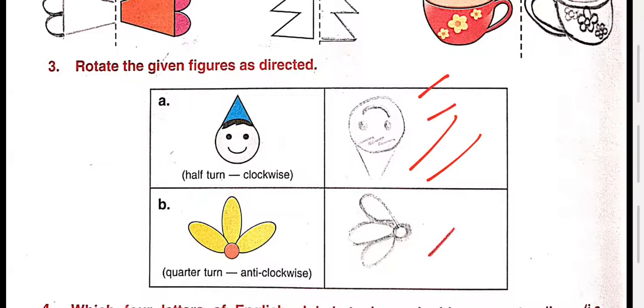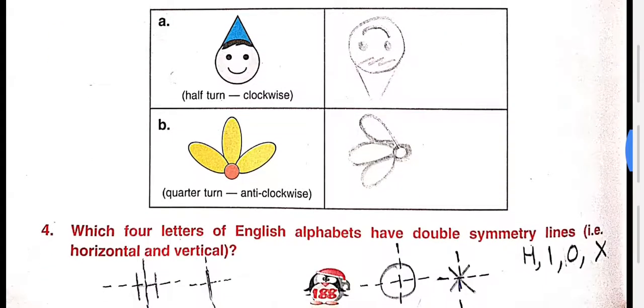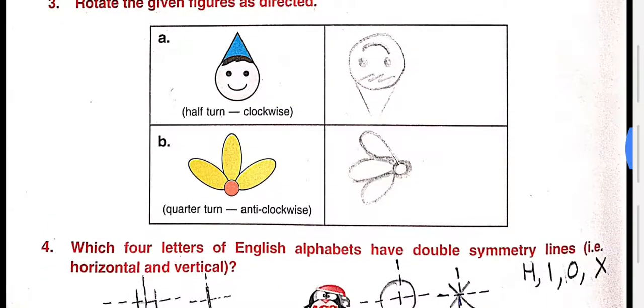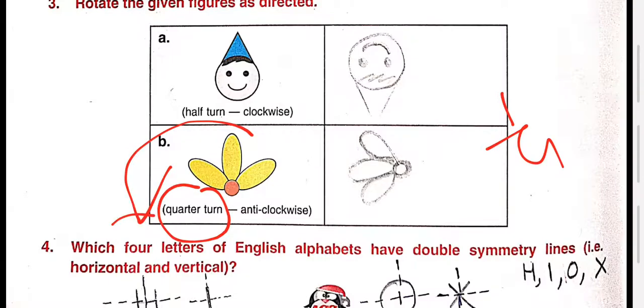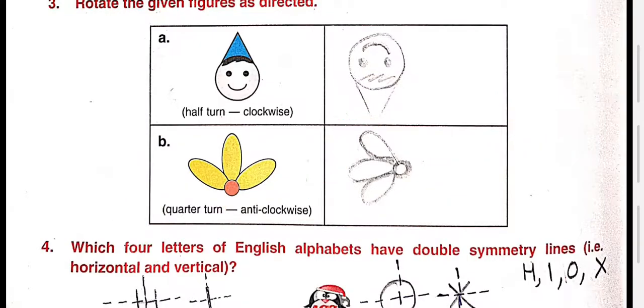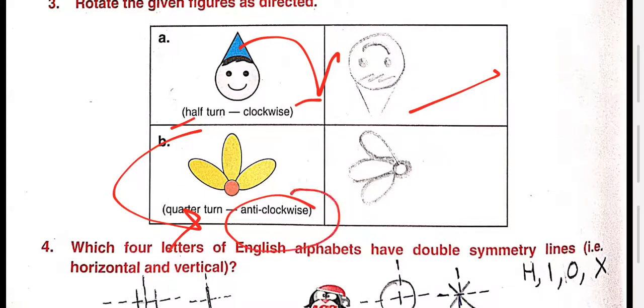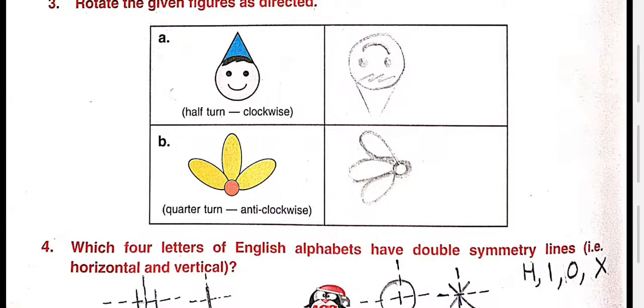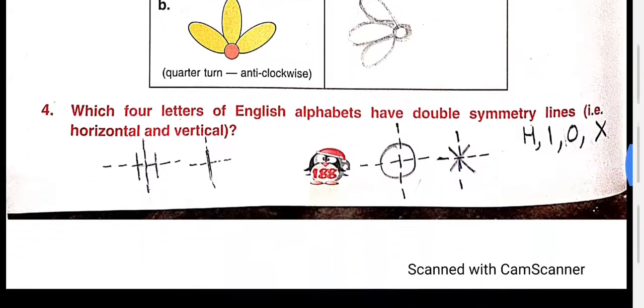These lines have become faded because I drew this with a pencil and then scanned it, so they are not clear. So you have to use your pencil to draw these lines, and you have to make a quarter turn. Quarter means 1/4. Anti-clockwise means this direction. So when you rotate this flower by 3 petals in this direction, it will become like this. So it is the half rotation. Clockwise means this direction, and this one is anti-clockwise, but it is a quarter rotation, it is 1/4. Okay, so you have to draw these two diagrams with the help of a pencil.